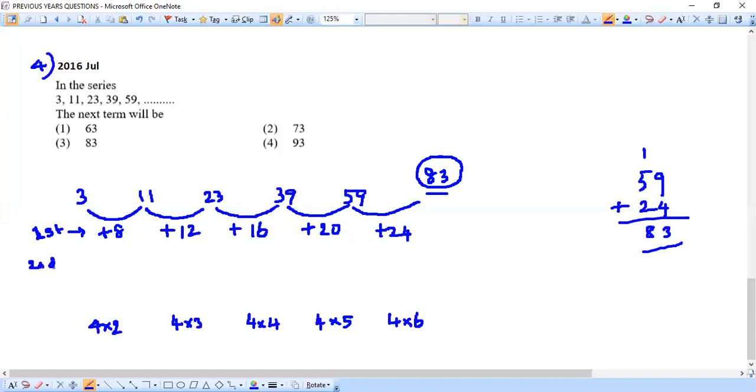There's nothing to worry, even if we are not able to catch any pattern. As usual, what we do is, if you are not able to find any pattern from the first difference, we immediately go for the second difference, is it or not? So we can even go for the second difference here. See here. 8 to 12 will be plus 4. Then I will write it more clearly. So this is plus 4.